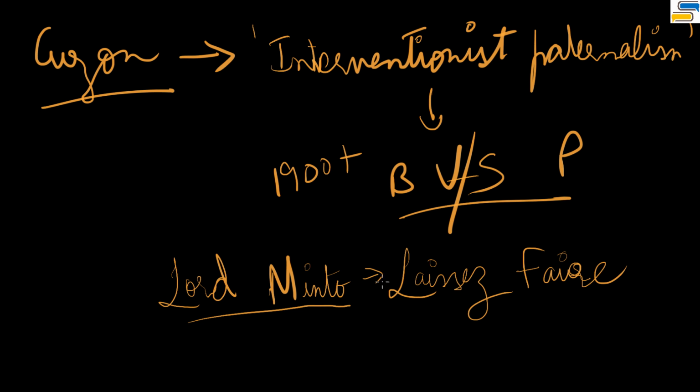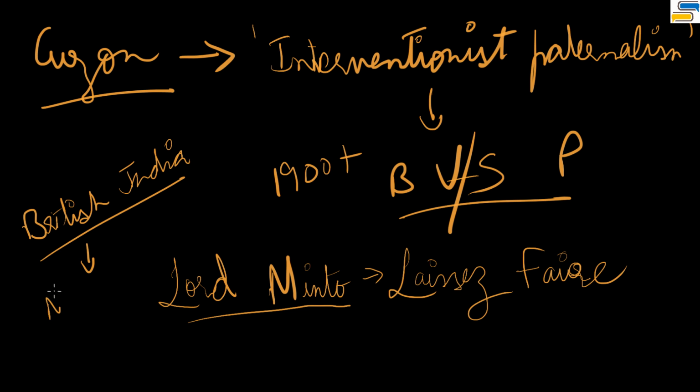That's laissez-faire. Now, why was this introduced? Because there is British India, and then there is princely India, the area where princes were controlling, and the area under British control. In British India, as you know, from 1905 nationalism was very strong. This is from 1900 to 1910, we can say. If you don't know this, please go and see these lectures. These are very important lectures. And when nationalism was strong,